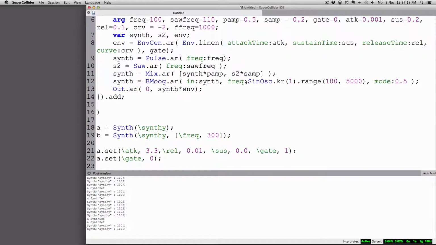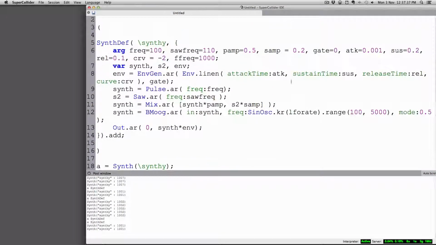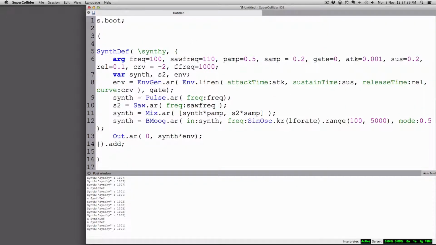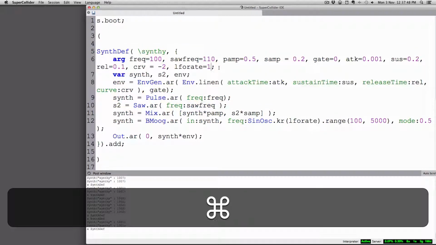Take some modulator, and it could be a sawtooth wave, it could be any of these oscillators, a low frequency oscillator with the frequency down here, and then you're ranging it between this frequency range. Now, of course, you can make any of these things arguments. So we can say rate or LFO rate, something like that, and make that an argument. We're not using this F frequency anymore, so we'll go LFO rate and make that a default of 1. So if we send that,